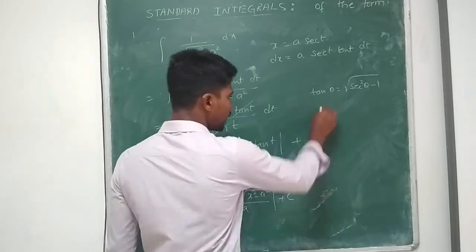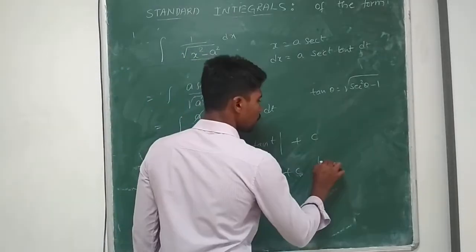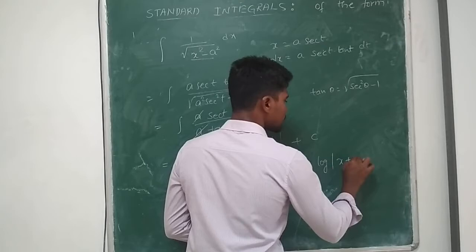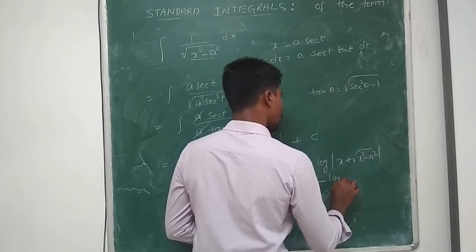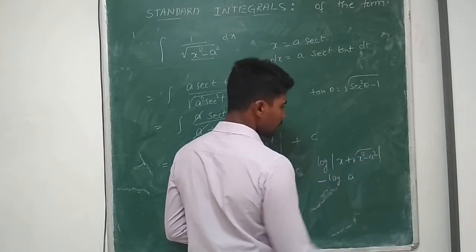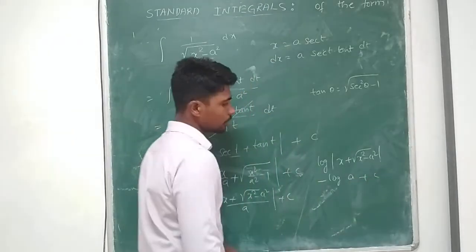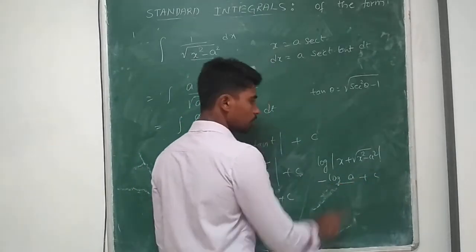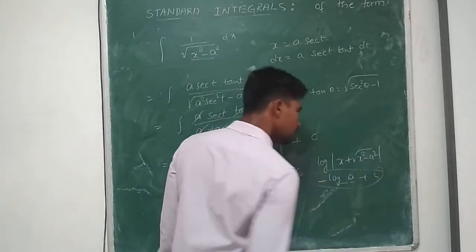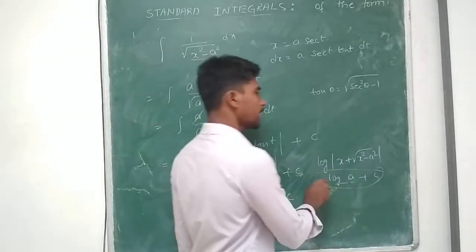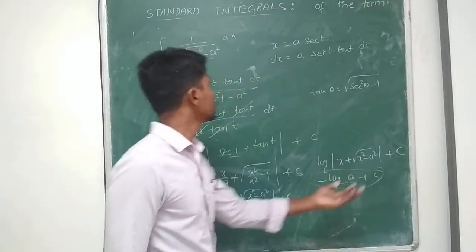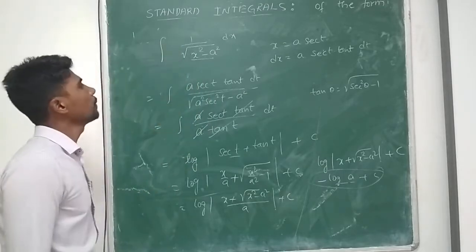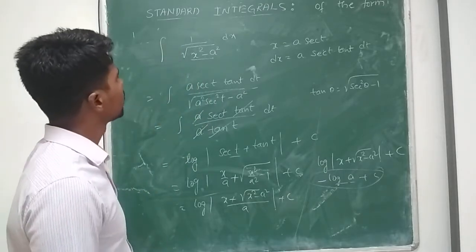So this can be rewritten as log modulus of x plus root of x square minus a square, minus log a, plus a constant c. But log a is a constant. Constant plus constant will also be a constant. So this total can be replaced by one capital C. So this is our answer, which is nothing but